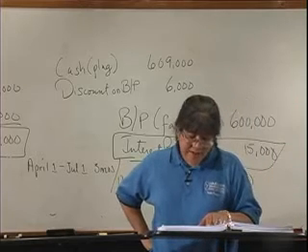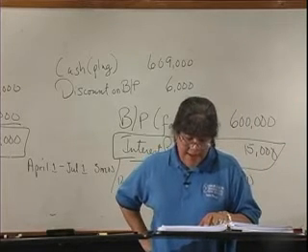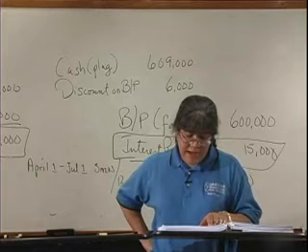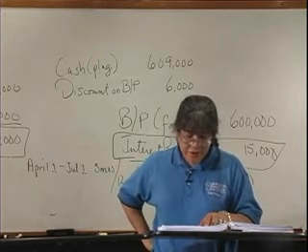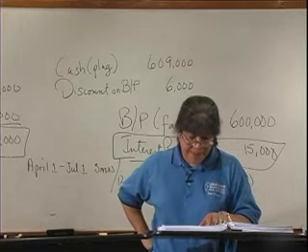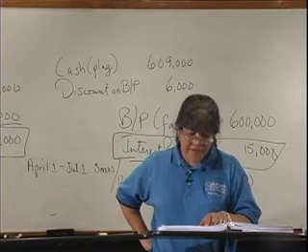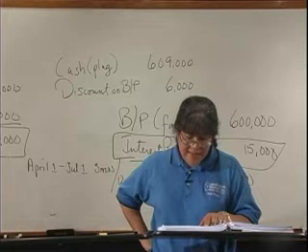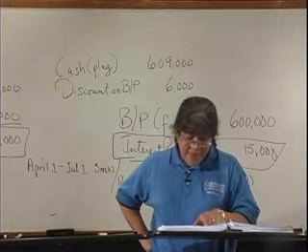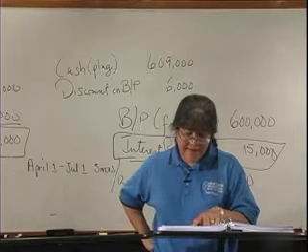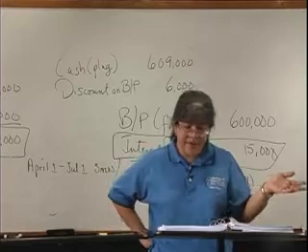2008. Number 14 says, on January 2nd of 2008, the West Company issued 9% bonds in the amount of $500,000, which matures on January 2nd, 2018. The bonds were issued for $469,500 to yield 10%. Interest is payable annually on December 31st. West uses the interest method of amortizing bond discount and does not elect the fair value option for reporting financial